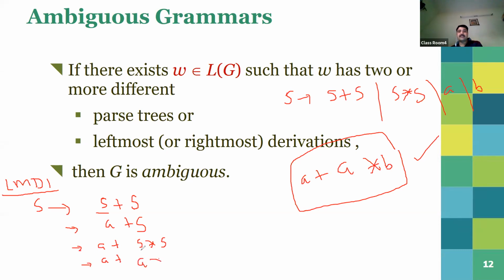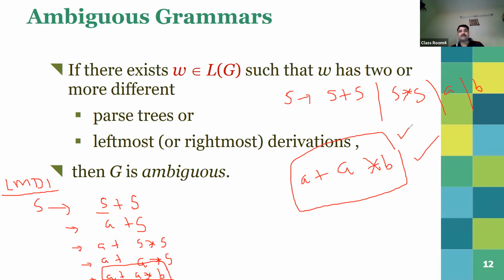Just write here at the single step we can replace only one variable. Now s is only there, so just you have to require here b. So in place of s, just check whether we can replace this b or not. Yes. So just finally you can find the answer, a plus a asterisk, that is. Clear? So this is the leftmost derivative for the string, this one. Clear? Now how can we declare that this is the ambiguous grammar?